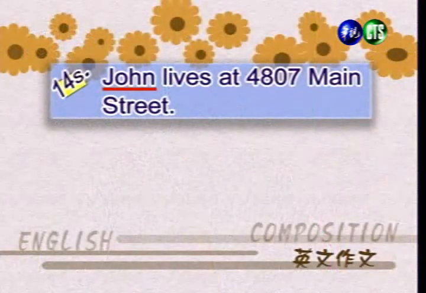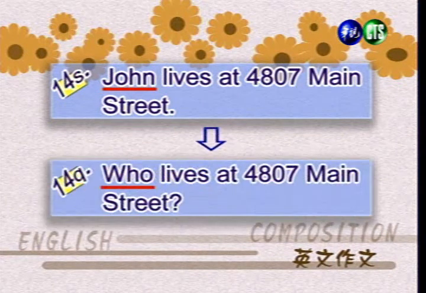这就是说呢，当主词是问句的答案的时候，我们无需更改任何字的排列顺序，我们只需要将主词替换成 WH 开头的字。So in sentence 14, John is the subject. And since John is a person, we're going to replace John with the word who. 好，在例句14当中呢，John 是主词，而既然 John 这个主词代表的是一个人，我们将使用 who 来取代 John。And so you can see now we have the question, who lives at 4807 Main Street? 好，我们看到下面形成的问句，Who lives at 4807 Main Street？